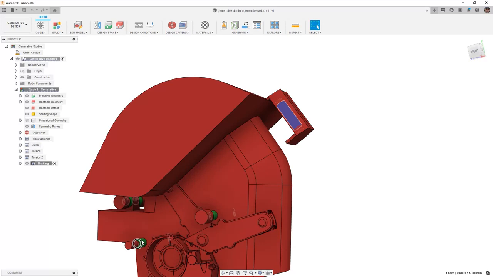So this area is likely going to be problematic, but a good way for us to check and tell is to use what's called the previewer. And once you launch the previewer, there's a small gear icon for settings, and generally I like to go to the high level of detail. This will increase the mesh resolution and give us a better chance of seeing whether or not we're getting a